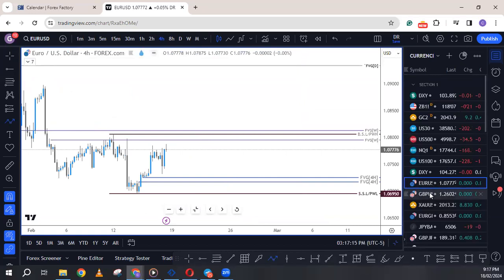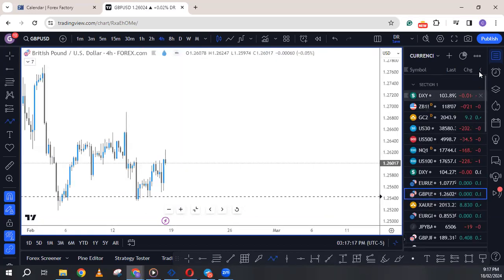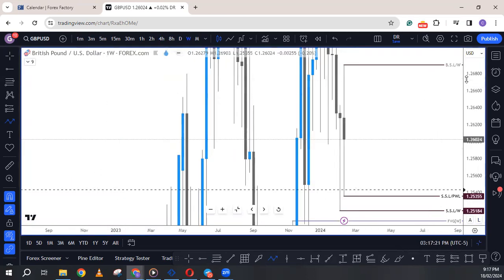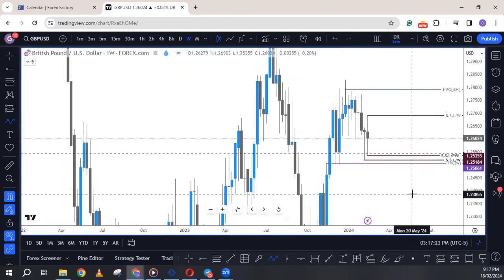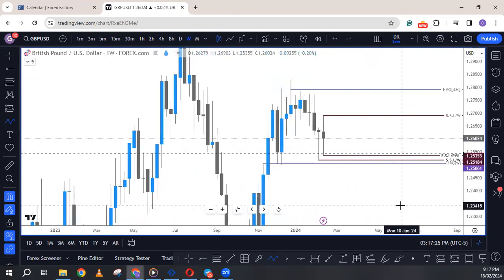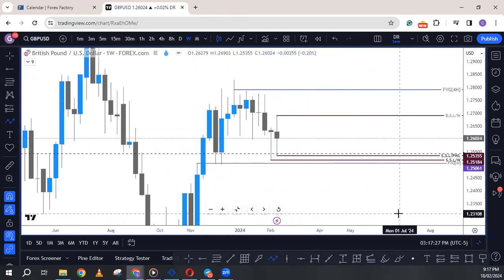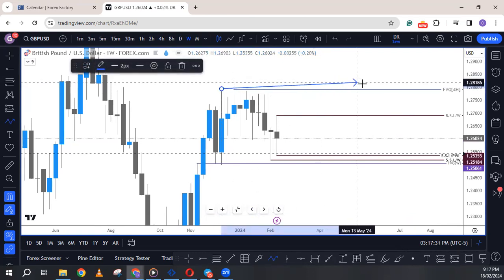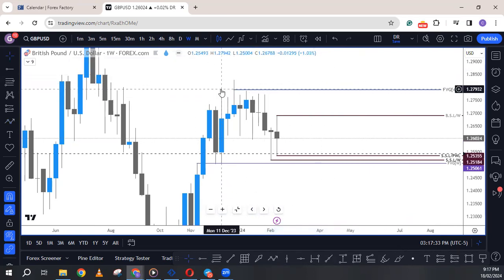The next we're going to look at is GBPUSD. GBPUSD technically is still bearish, but in a kind of consolidation. If you look at it from the weekly, you could say they are ranging between this high,